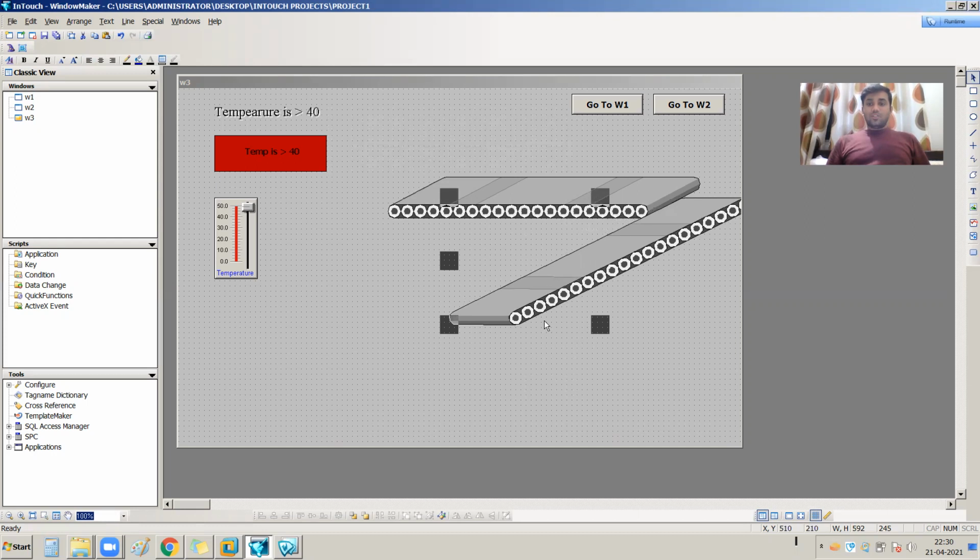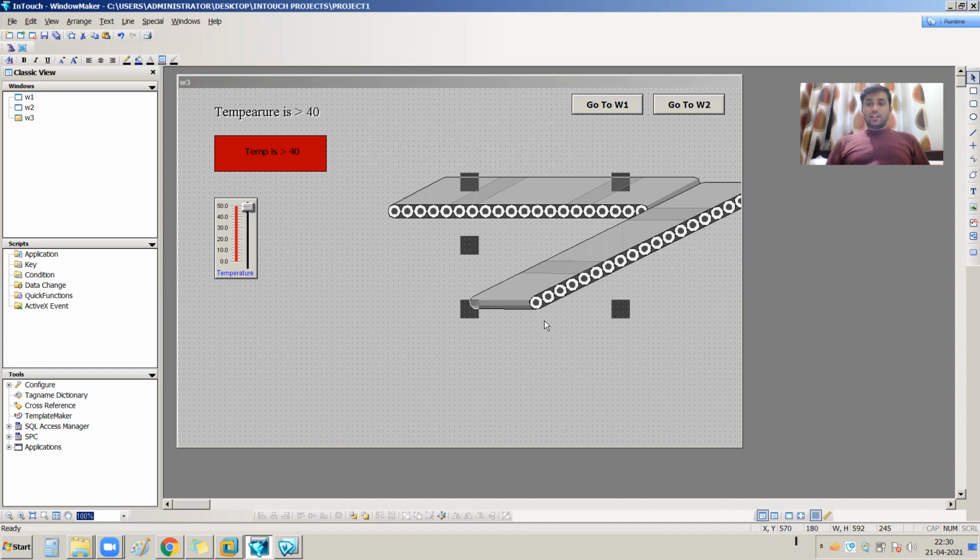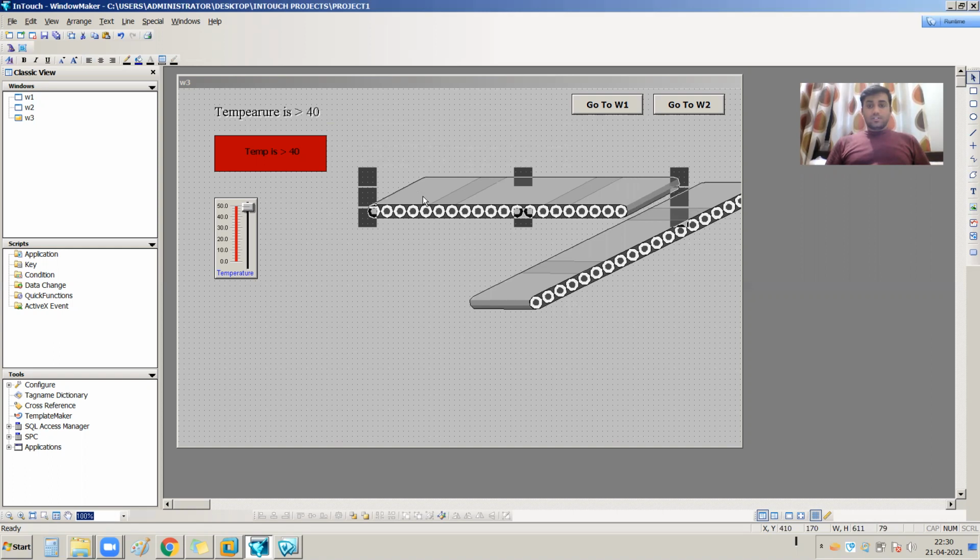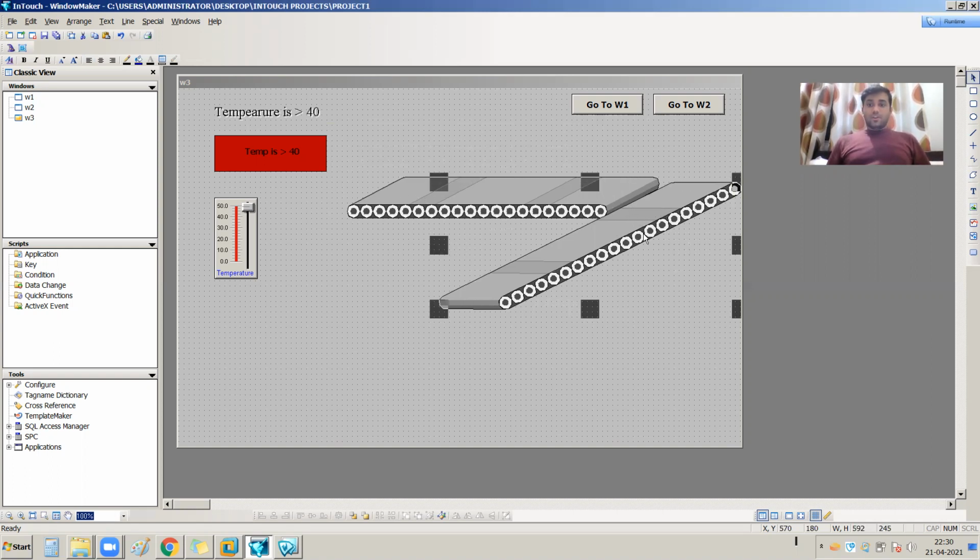For my diagonal movement I am taking the inclined conveyor. Just wait, I am aligning my conveyors for better understanding.